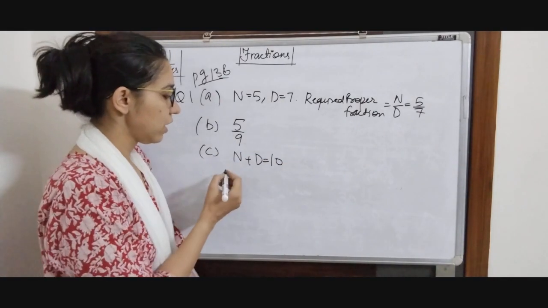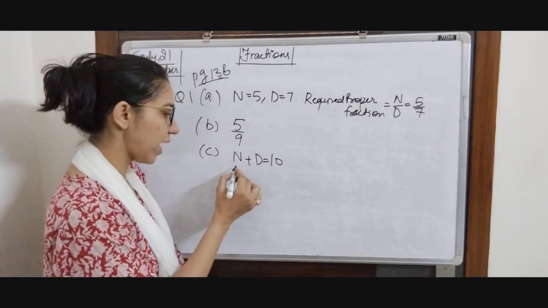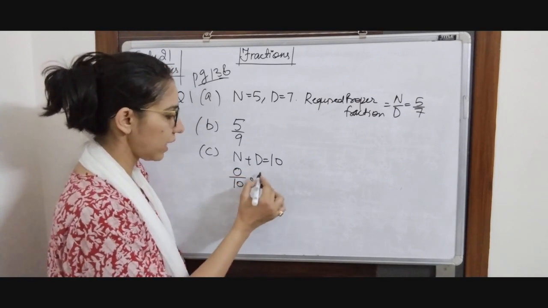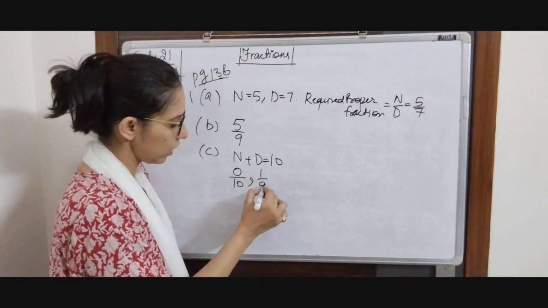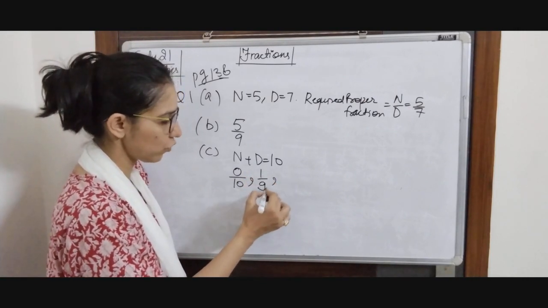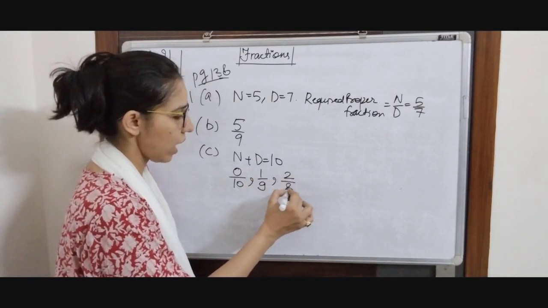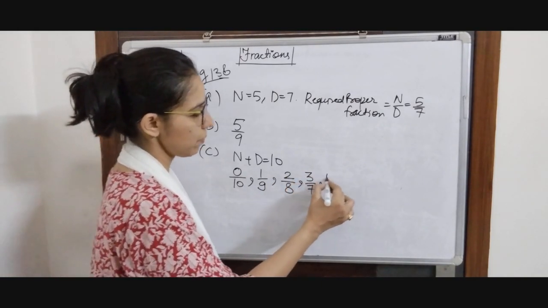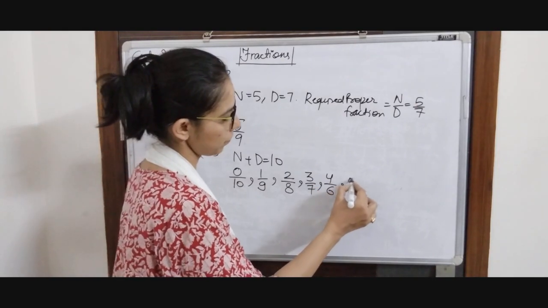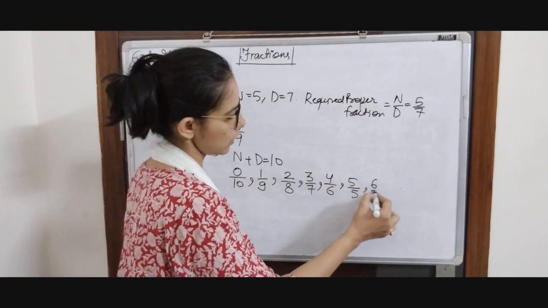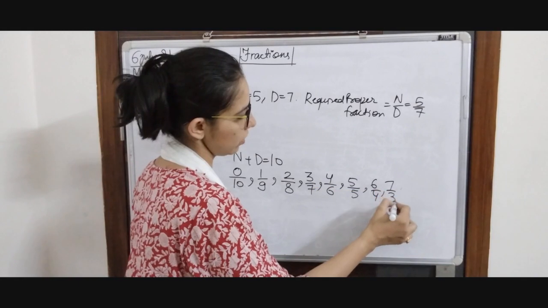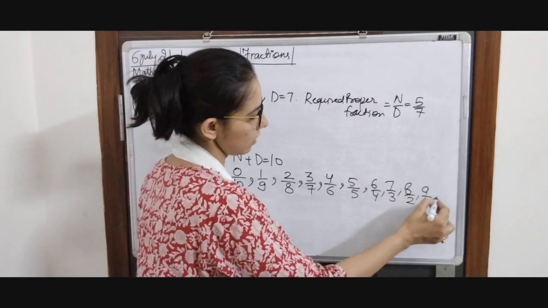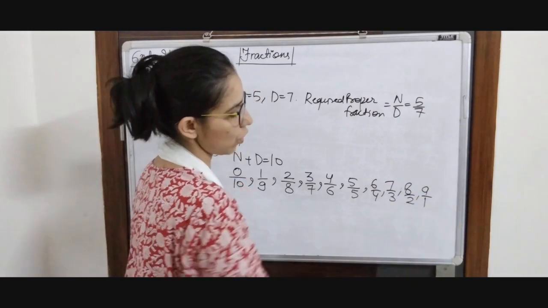First one is you have to make the combination. First I can take n as 0, denominator as 10, okay. Then I can take 1 and I can make it 9, because 9 plus 1 is going to be 10. Then I can take 2 and then 8, and 3 and then 7 as denominator, 4 by 6, 5 by 5, 6 by 4, 7 by 3, 8 by 2, 9 by 1, and 10 by 0 is not possible.